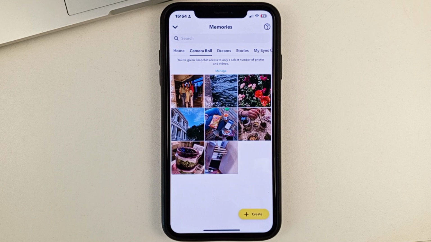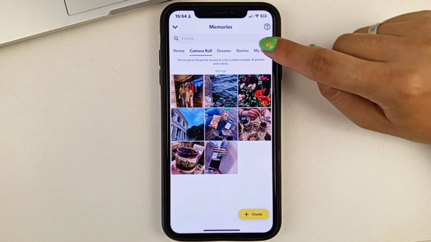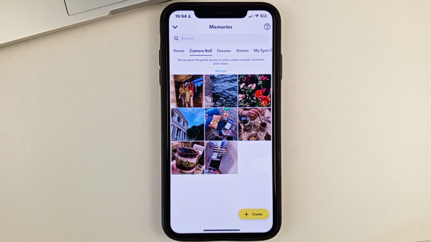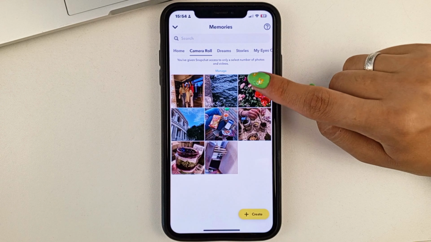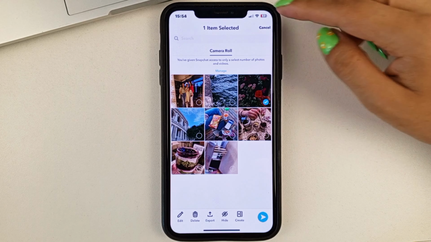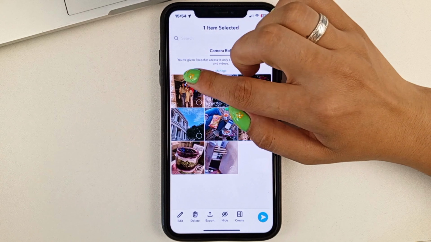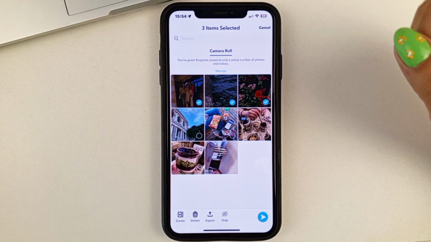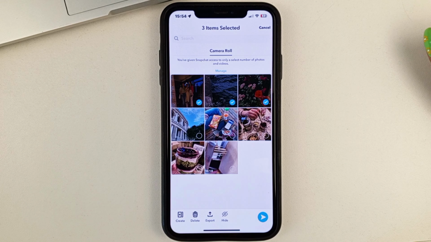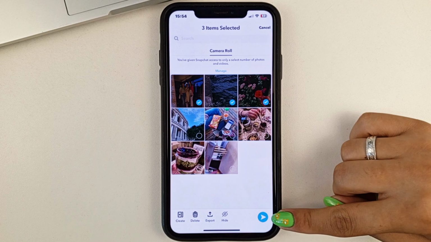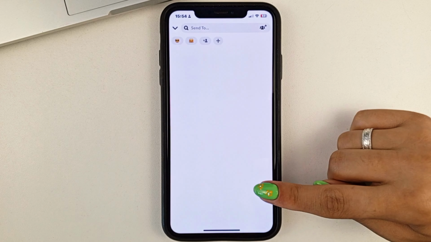And now, in order to select multiple media files at once, you'll need to either tap on the checkmark sign in that corner, or if you don't have one, like me, then click on an image and hold it down. And then further select what you think you want. Then click in the bottom right corner, Share.